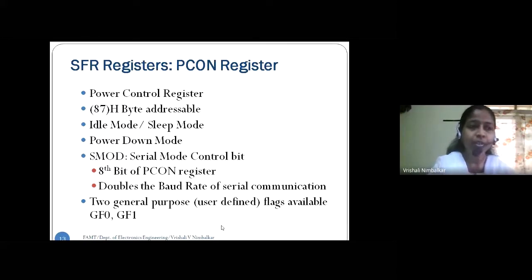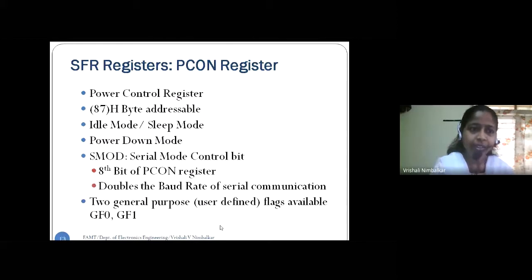Now see, not performing any operation means logic 1s and logic 0s are not flowing, the signals are not flowing through the circuit. There is no signal flow, which means there is no current flow. And since there is no current flow, there is no power dissipation. Correct? You have the relation for power as P equal to V into I, that is voltage into current. Or the other equation for power is I square R. So if there is no current flowing, there will be no power dissipation. And that is how we reduce power, by keeping the microcontroller in idle mode.